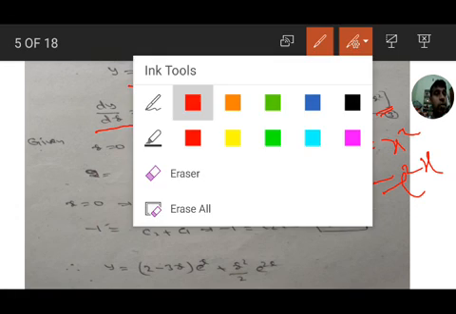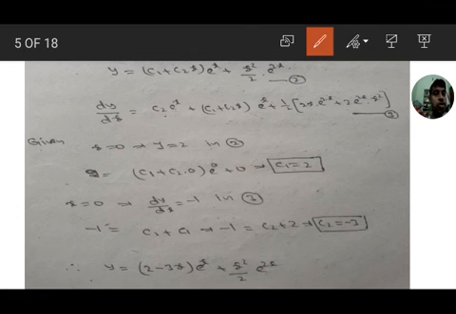Now in equation 2 and 3, substitute initial condition. Given first condition x equal to 0, y equal to 2. In equation 2, we get y equal to 2, c1 plus c2 into 0, e to the power of 0, that is x square into 0 means total 0. Therefore, c1 equal to 2.